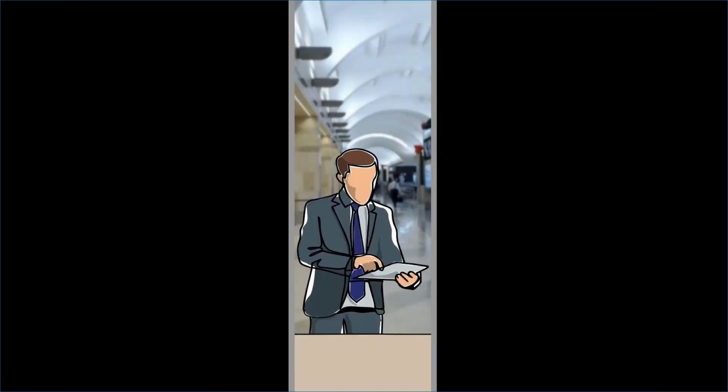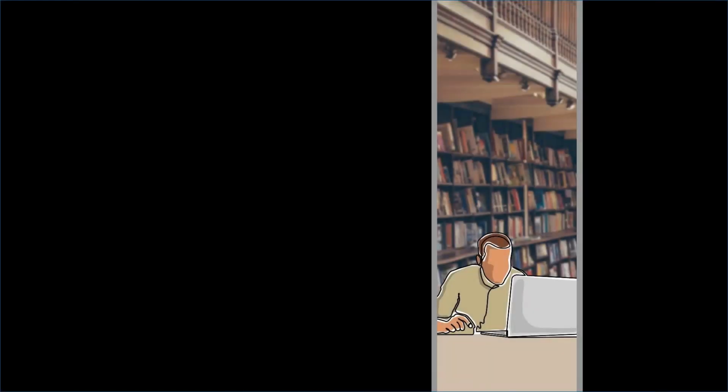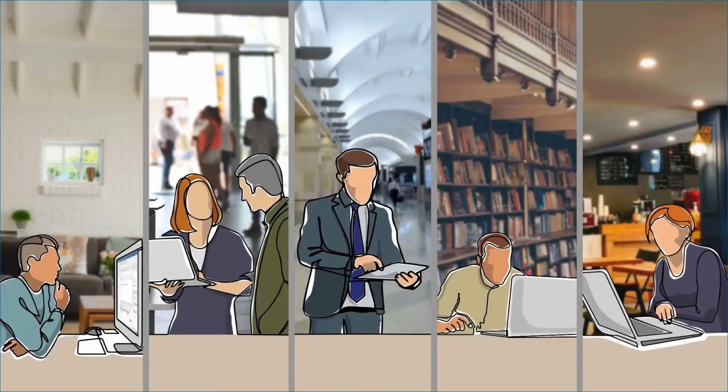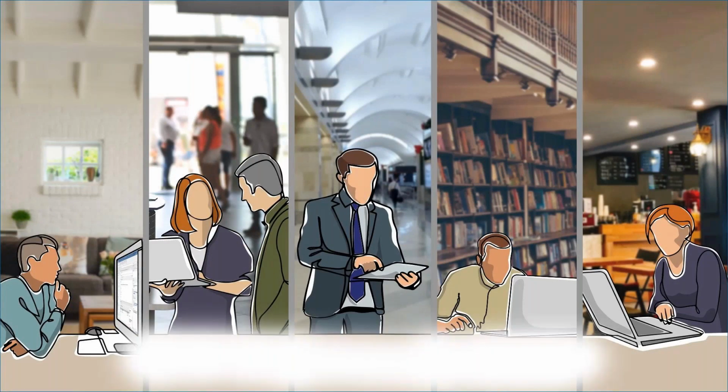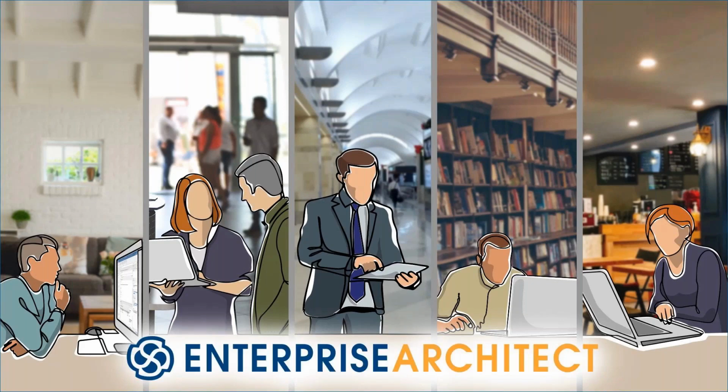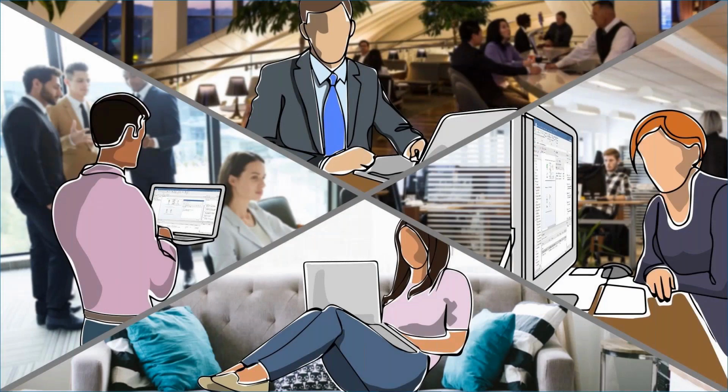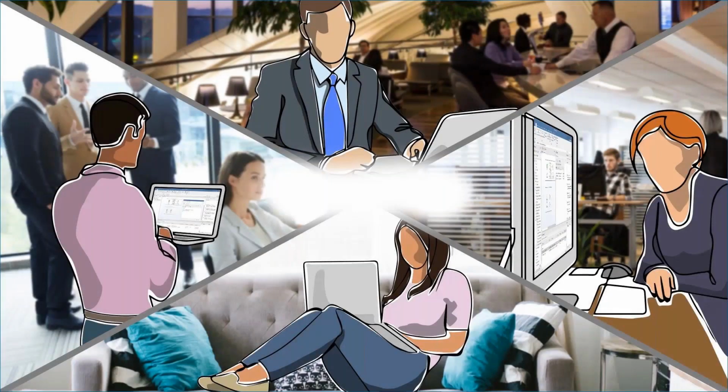So especially in these current environments and times, there are lots of people that are currently working from home or working remotely. So Enterprise Architect has been built from the ground up to support collaboration and to allow teams to work together, whether they're located at work, be it a kitchen bench, a local cafe, a quiet library, or an airport, as shown on the diagram. So all you need is a network connection and access to a central repository. And it's really great having one tool, which is Enterprise Architect, which can allow you to do all of these things. So first thing we're going to look at is the inspector window.